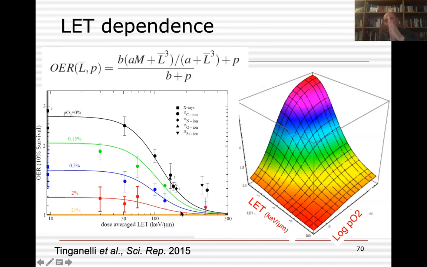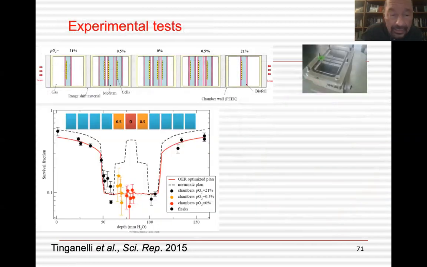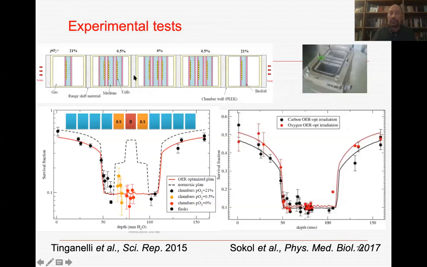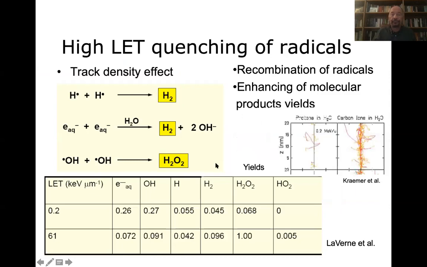So if you want to smash hypoxia with radiation, there is a lot of people working on drugs that reduce the resistance of hypoxic cells. But if you want to smash them with radiation, you have to go to high LET. And these things have been tested also in phantoms, where you can put different oxygen concentrations, irradiate, and measure the survival in the phantoms. We have seen that the main reason for this is that you have a quenching of the free radicals when you have heavy ions, so you don't have any more indirect effect